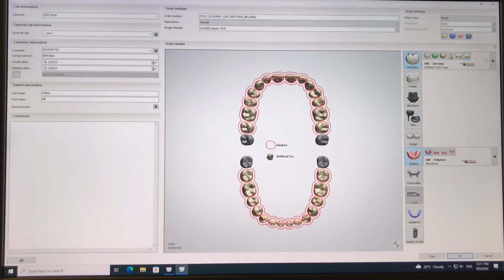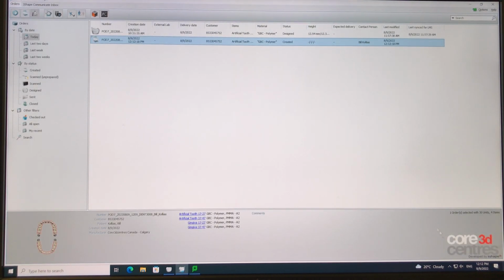And then we're going to hover over the plus icon, and again it gives us a drop-down list, and we're going to change some of the items very similar to what we did with the gingival input. So we're going to go GBC polymer and the color PMMA A2. And that's all the information you need for now to start designing. So the order form is complete. All I got to do now is scroll down to the OK, hit that,